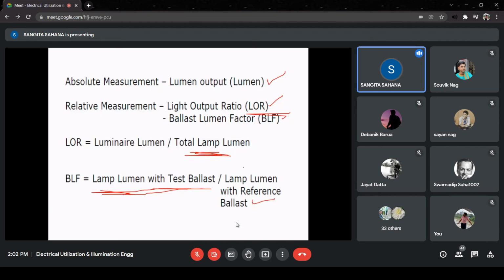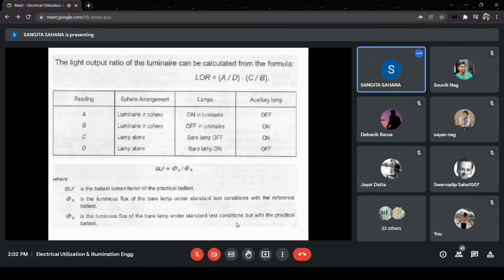Just do the measurement along with the luminaire, take the ET, and for the second step, do the measurement with the bare lamp. You take the reading ES. Right? So here we don't have to use the standard lamp. So you do the measurement using the luminaire, you do the measurement using the lamp lumen, just take the ratio, you will get the light output ratio. So